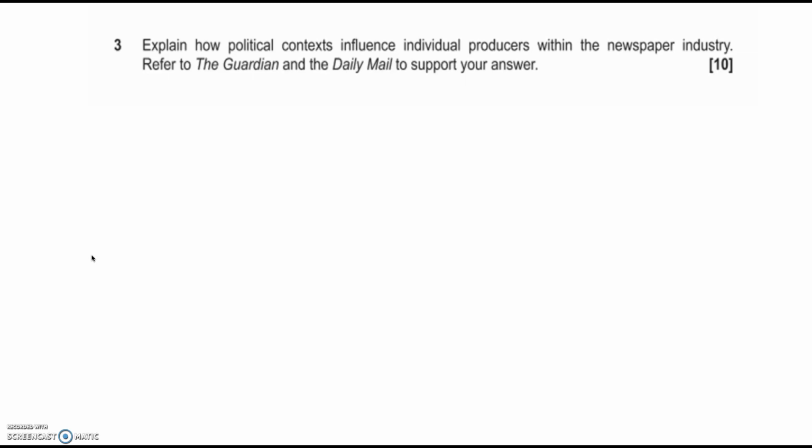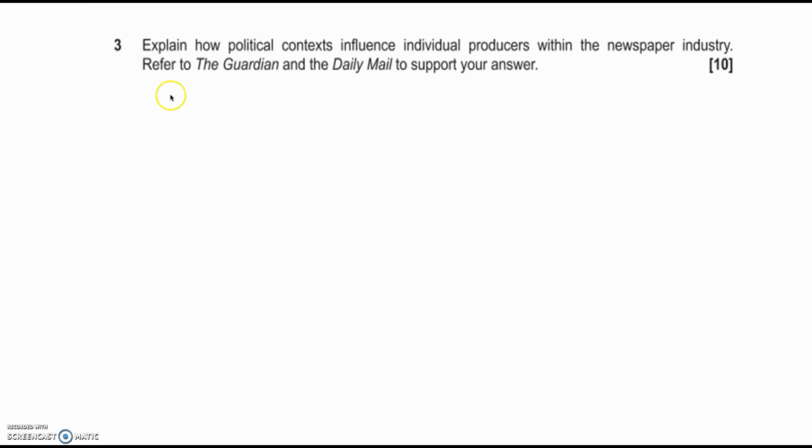So the Guardian and the Daily Mail are the case studies we've been looking at the entire time of the course. You must know, and if you don't, you need to go and brush up again on these things, that the Guardian is a left-wing broadsheet or quality tabloid. The Daily Mail is a right-wing mid-market tabloid. There are certain facts you should know about their distribution. These are all things that we've done in lesson, all things that you've got in your notes on your blog. So there's a fundamental understanding of what these newspapers are about, who owns them, and their ownership models. They're the absolute basics you need in order to be able to answer this question.